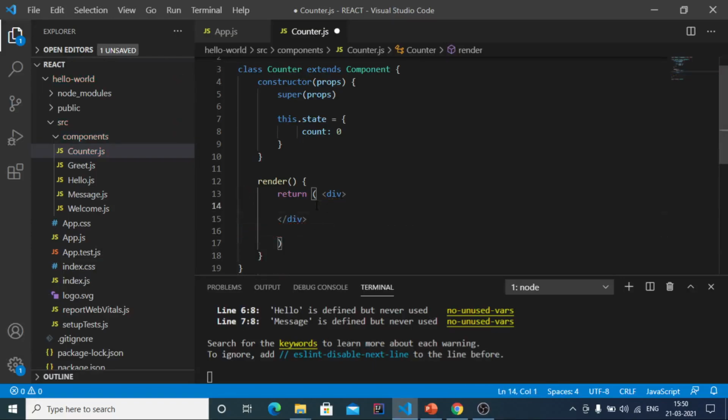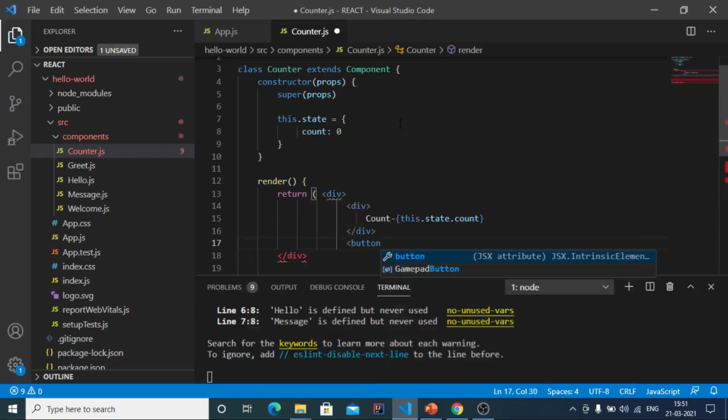So include all this into this, and now we would like to add a button underneath it. So button, and the text should be increment.